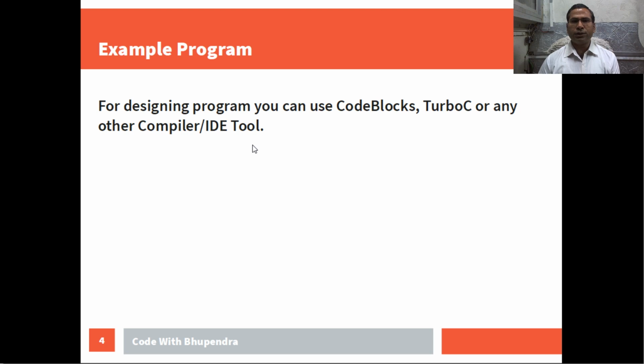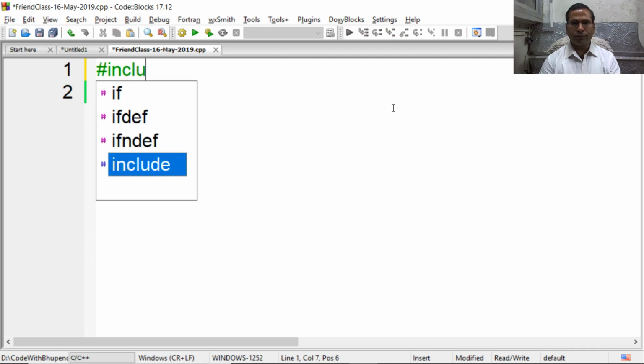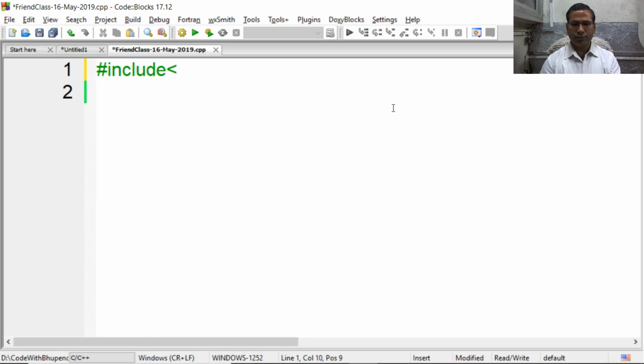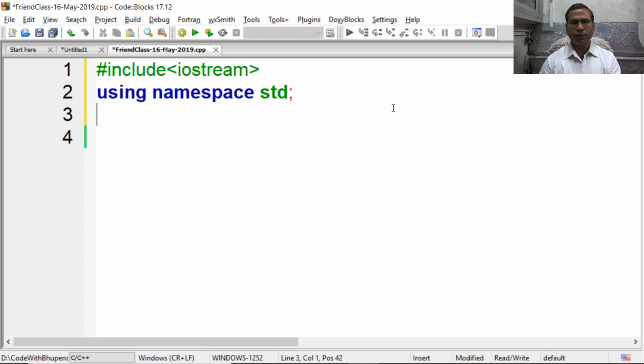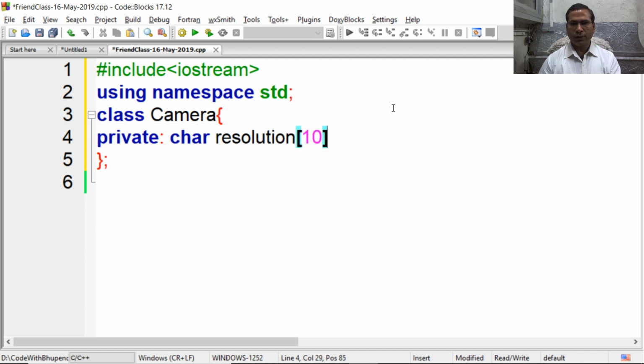The example program can be designed using Code Blocks, Turbo C or any other compiler or IDE. I am using Code Blocks. So, start programming. First I am including iostream, now I am designing class camera and defining a private member resolution, and I am telling the system that class mobile is a friend of